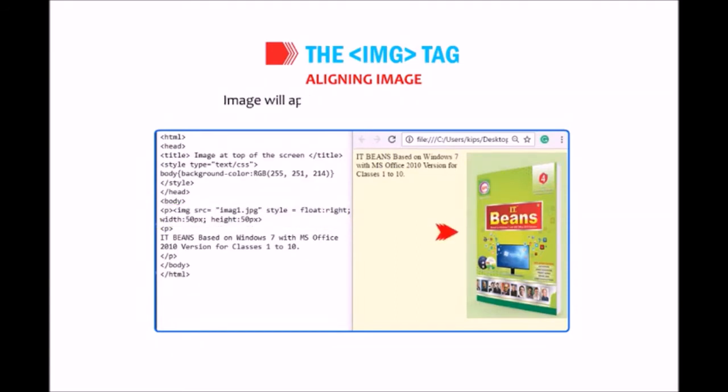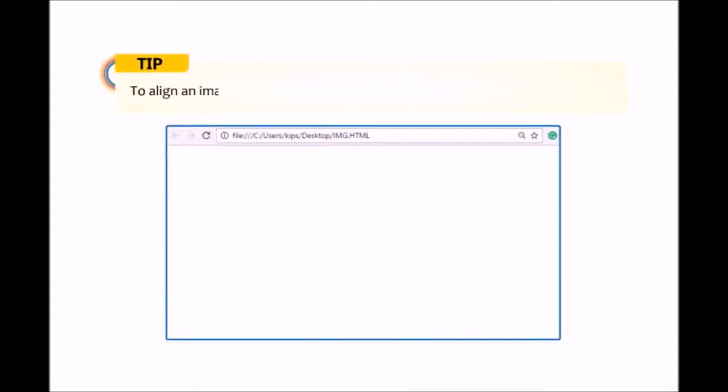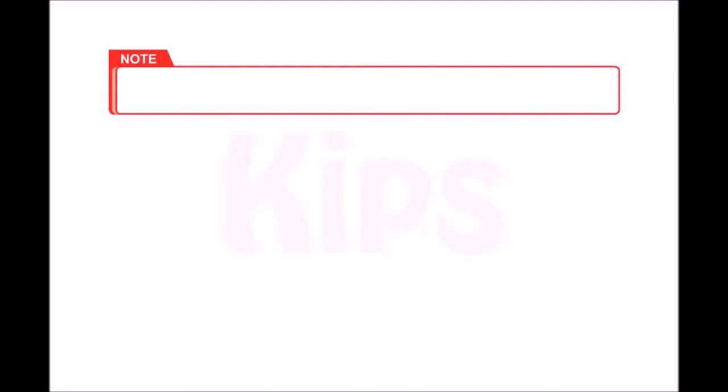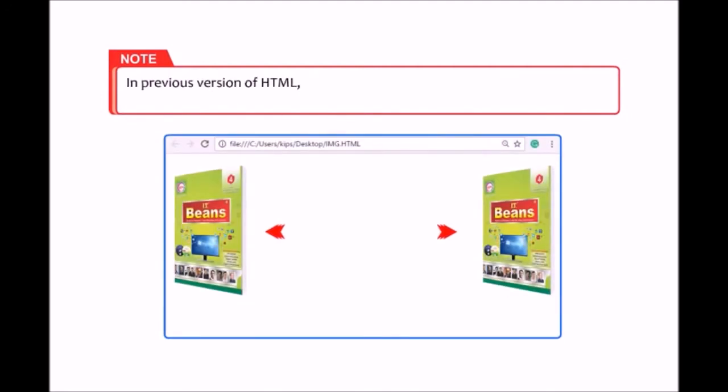Image will appear to the right of the text /p. Let me give you a tip. To align an image to top, bottom or middle, use the CSS property vertical-align. Okay, note, in previous version of HTML, align attribute was used to align the images to left or right.